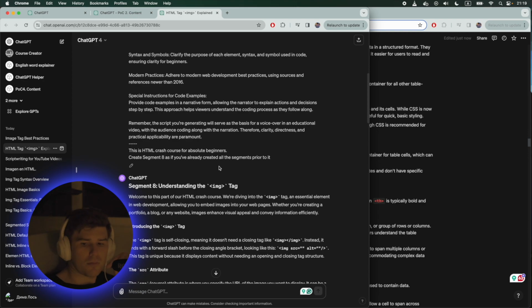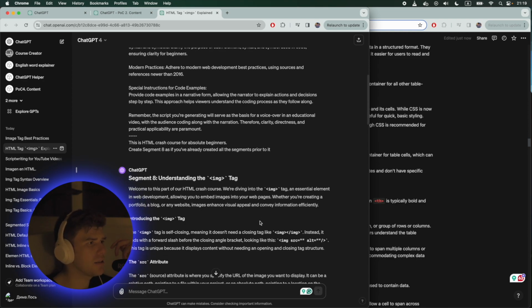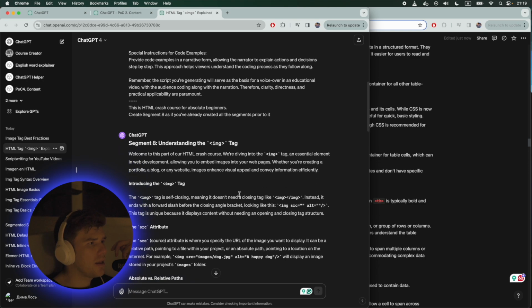And I forgot to set up the timer, so let's see. Let it be. Okay, the timer. I started the timer. Now, I tried to convert custom GPT instructions into a regular GPT-4 prompt, and I didn't quite like the response